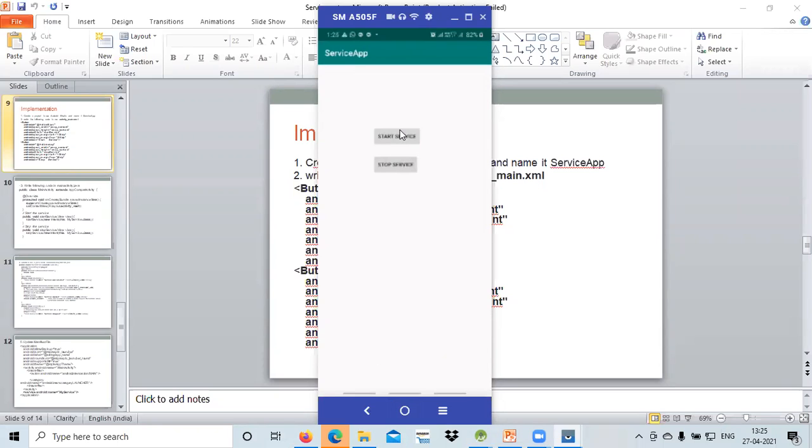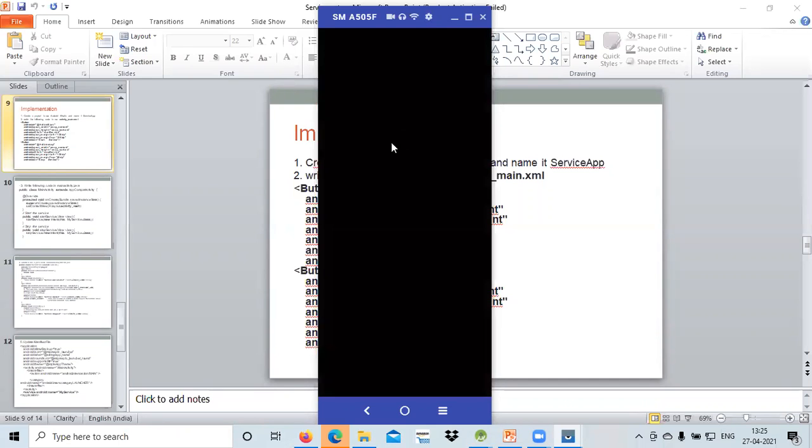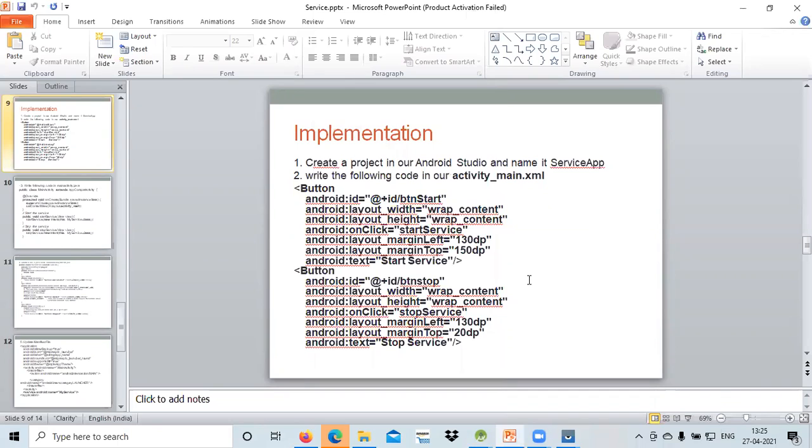Yes, ma'am. Okay, can you tell me how many activities we have running in this? Can any one of you tell me how many activities I may require for this particular service part? See, this is one of my activities in which I am using these two buttons. I need to start that service or stop that service. But when I start that particular service, it moves my activity to another part, where you can handle all those things, where you are using that ringtone for your own service. Okay, that is how it happens.